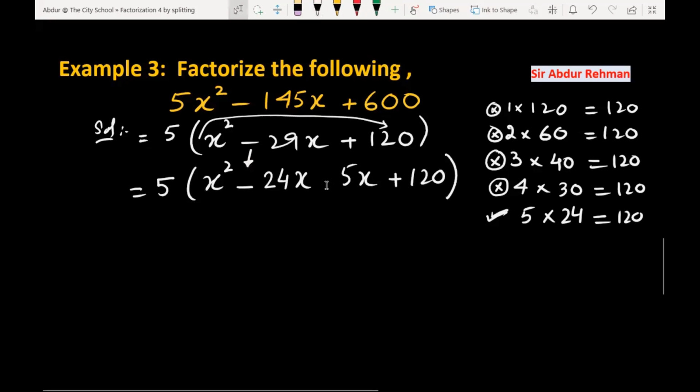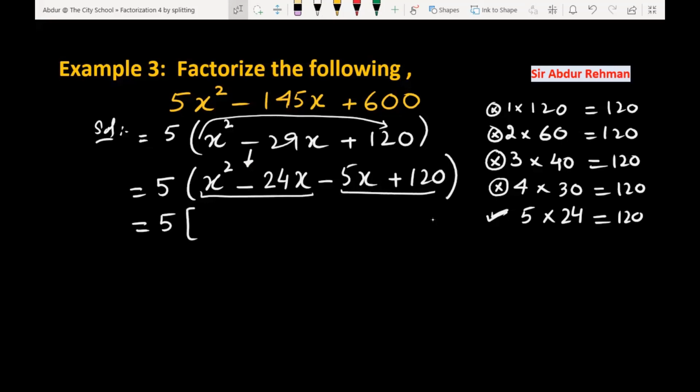But the question is, what is the sign in the space? You are going to find the sum of 24 and 5. It means you have to put the same sign, which is minus, negative. Now the second step, by grouping,